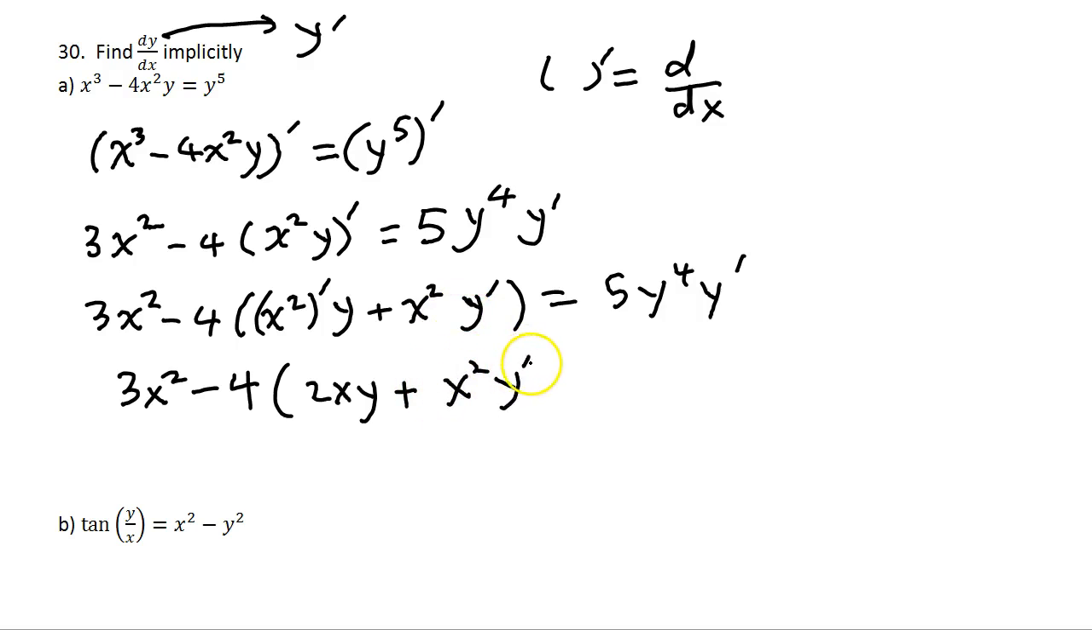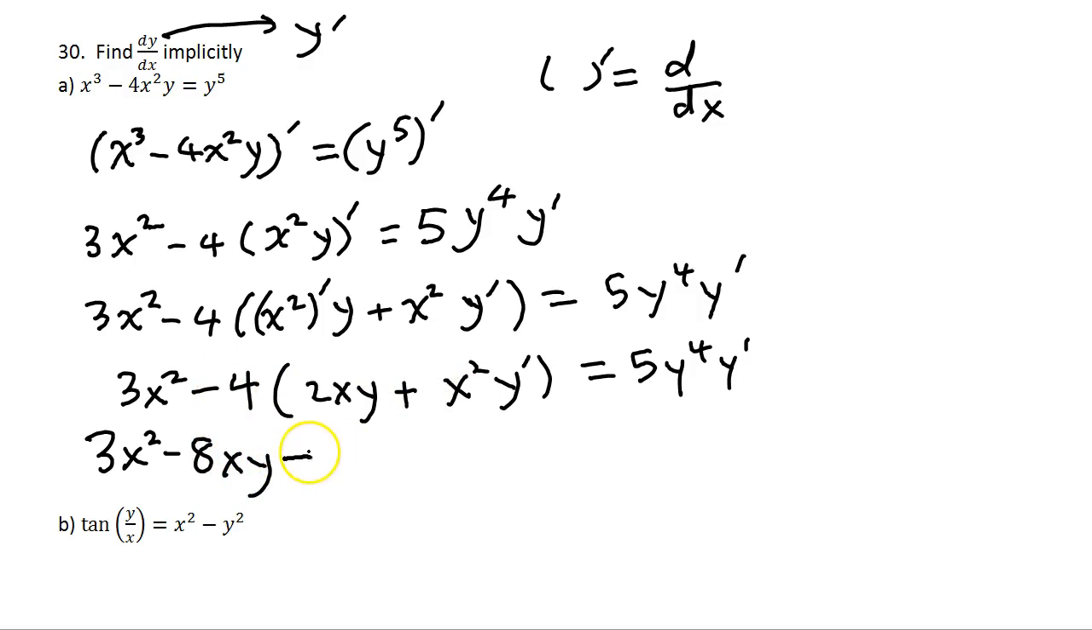x squared y prime. 5y to the fourth y prime, and this is 3x squared. If I multiply the negative 4 out, it's negative 8. 4 times 2 is 8xy, and negative 4 times this is negative 4x squared y prime equals 5y to the fourth y prime. Okay, so we've differentiated as much as we can, and we also see y primes appearing, which is what we